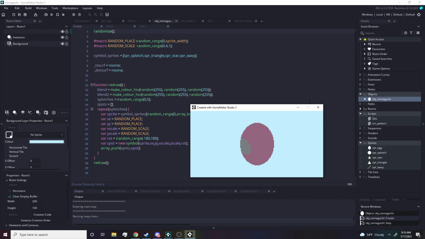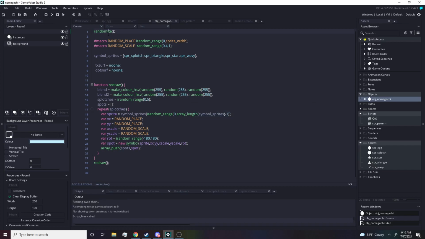Alright, so I'm going to take you step by step through this code. First, I only have one object in this entire game, it's object Tamagotchi. So first thing we do in the create event is we want to randomize. We have a lot of random numbers in this game, and